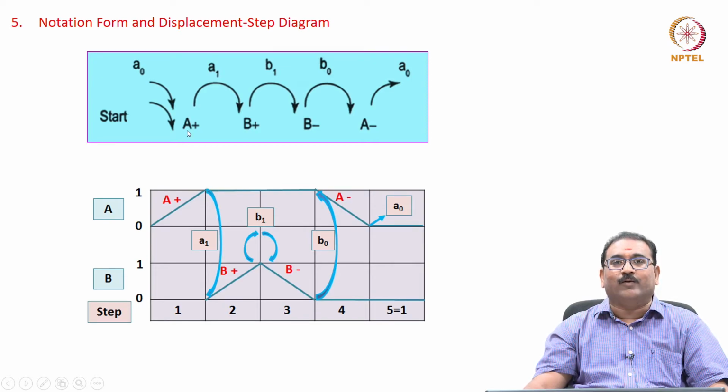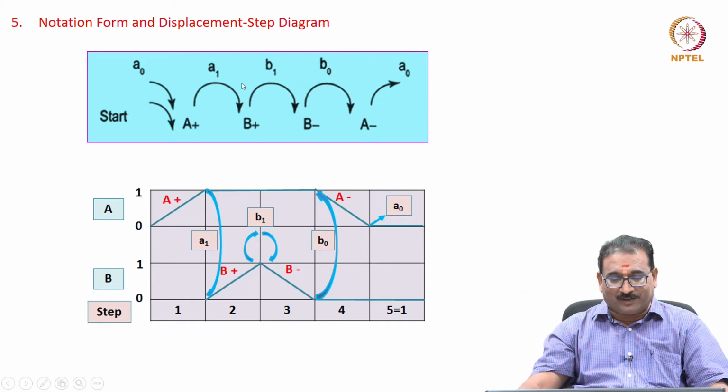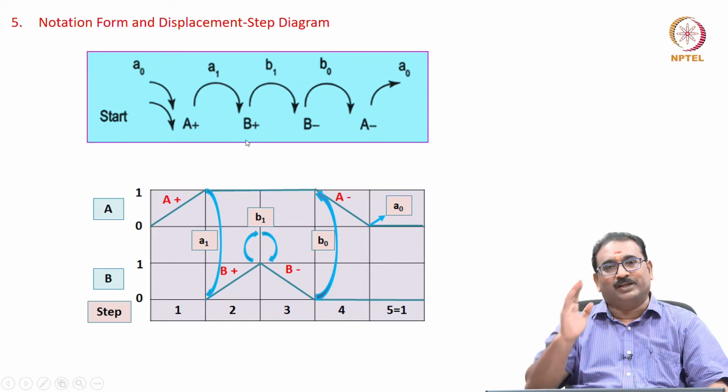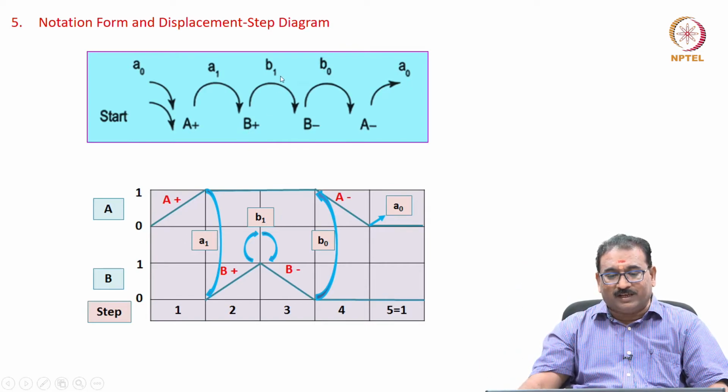Once it extends, where will it go? It will reach the extended position A1. A1 will generate a signal; you will see here A1 will generate. When A1 generates, B will start moving, extending. The extended position of B will generate the B1 signal, which makes B minus happen.